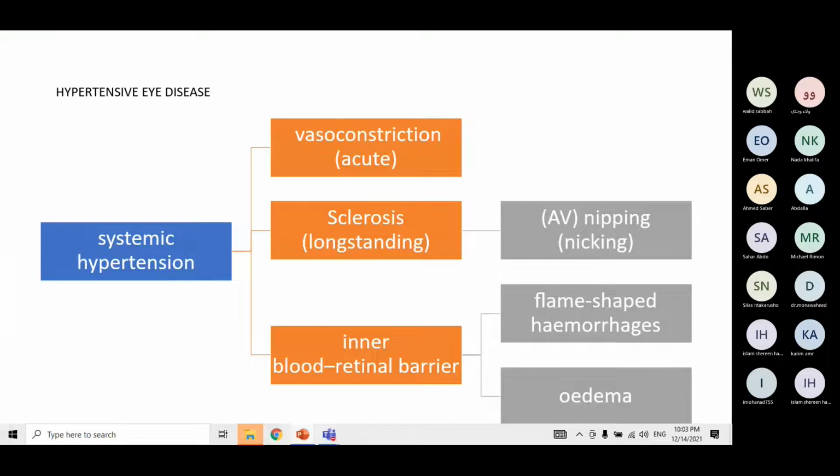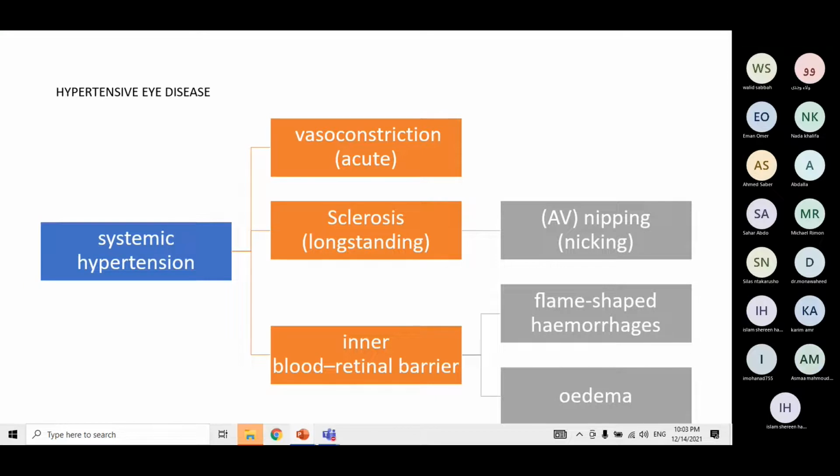So we will talk about several diseases today. I'll try to highlight things for you, and some topics you may need to do with self-studying. If we talk about hypertensive eye disease, we need to differentiate two things: accelerated hypertension or acute hypertension, for example cases with preeclampsia, or cases with pheochromocytoma, or what else can cause Cushing syndrome. Those patients usually will have